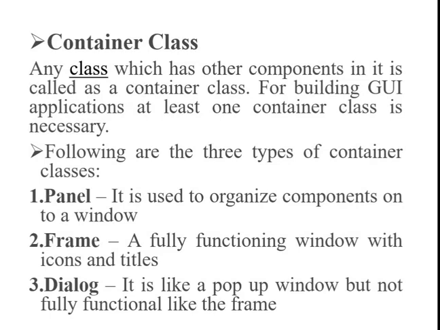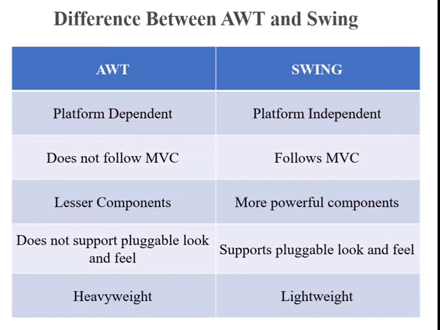Next one is manageable. It is easy to manage and configure. Its mechanism and composition pattern allow changing the settings at runtime as well. Uniform changes can be provided to the user interface without making any changes to the application code. Next one is MVC. They mainly follow the concept of MVC, that is model view controller. With the help of this, we can make changes in one component without impacting or touching other components. It is known as loosely coupled architecture as well.